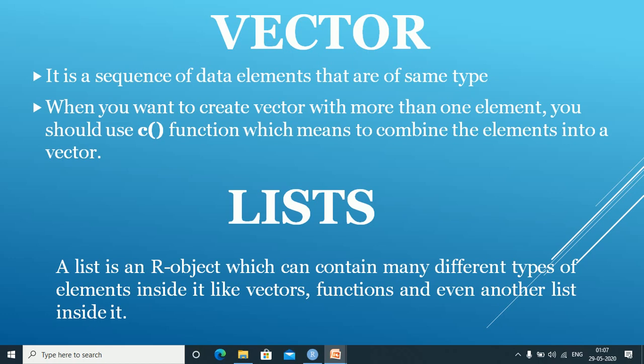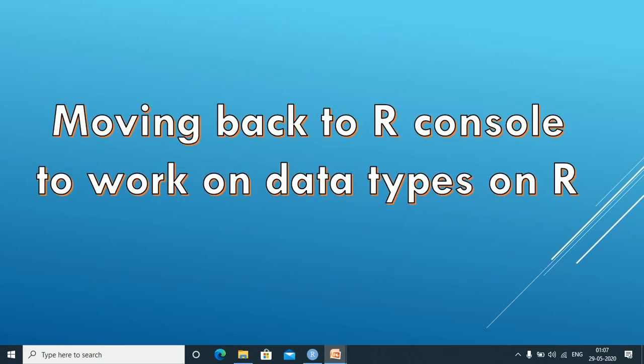So all of these are possible when you are creating a list. So list is basically multiple vectors combined together, right? So these are some of the building blocks of R that we have seen, and now we will be moving back to the R console to work on the data types in R. So let us go back to the R console.